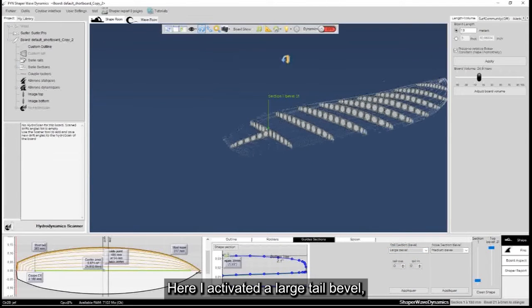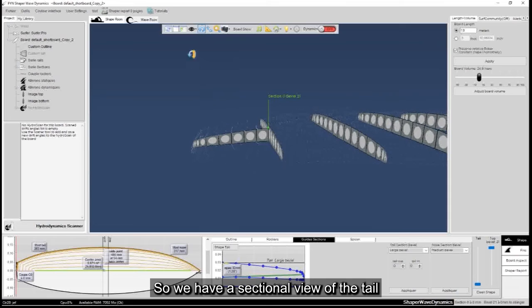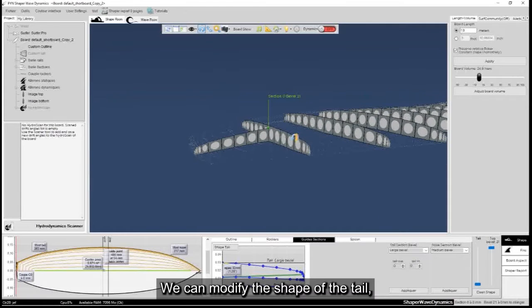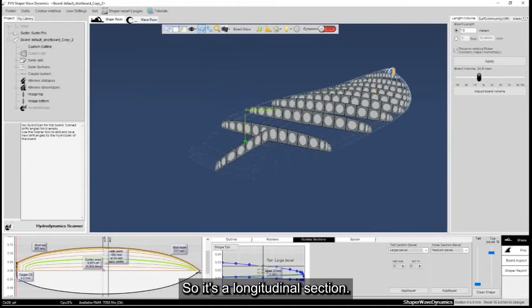Here I activated a large tail bevel. So we have a sectional view of the tail. We can modify the shape of the tail with this section. So it's a longitudinal section. This allows us to carve our tail freely.